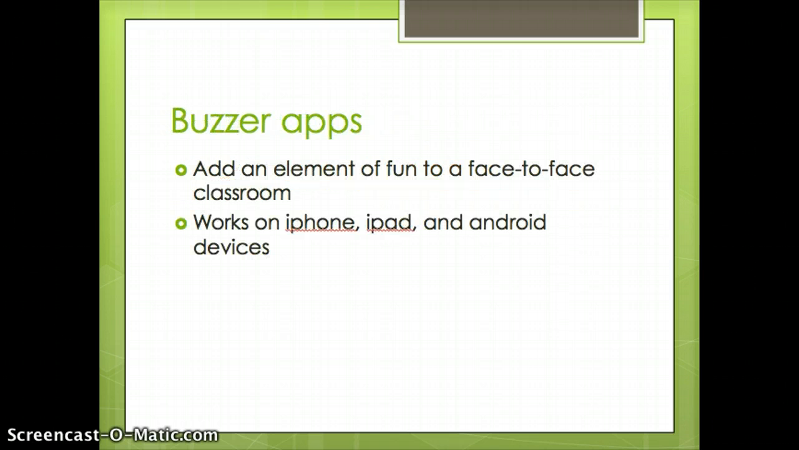And finally, consider using buzzer apps. Buzzer apps can add an element of fun to a face-to-face classroom. They work on iPad, iPhone, and Android devices and allow students to download an app that looks like a buzzer onto their device,